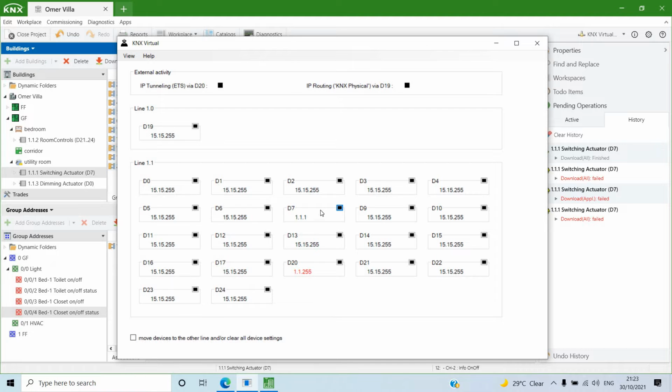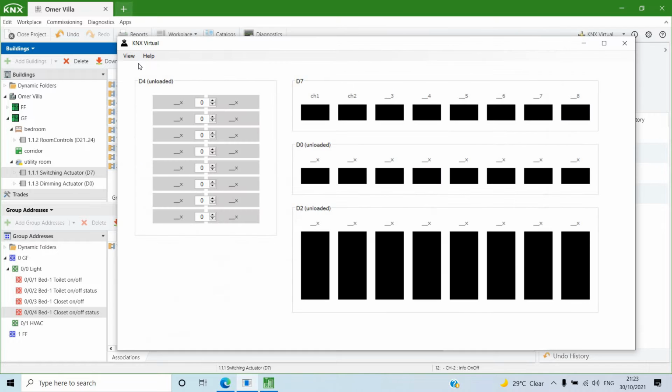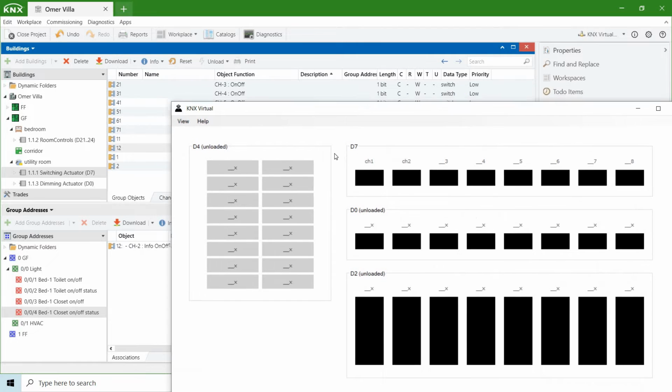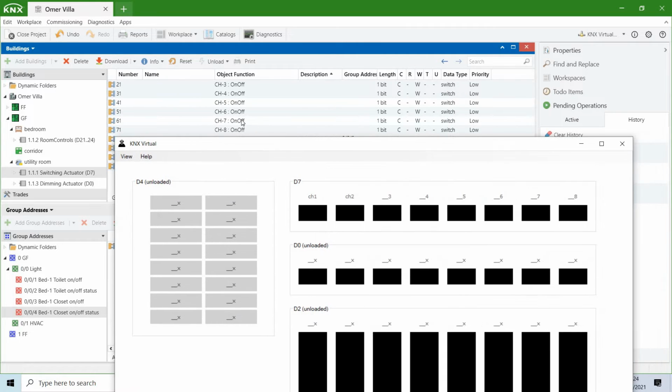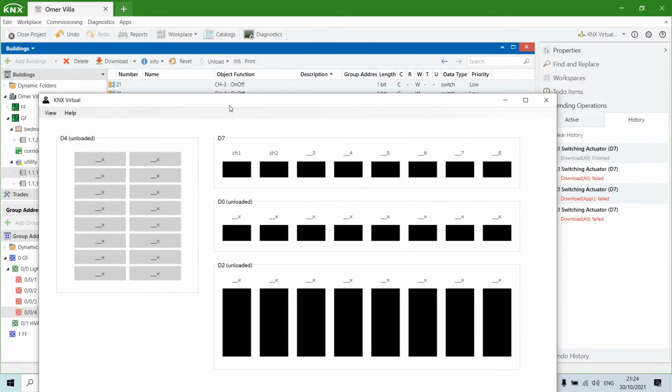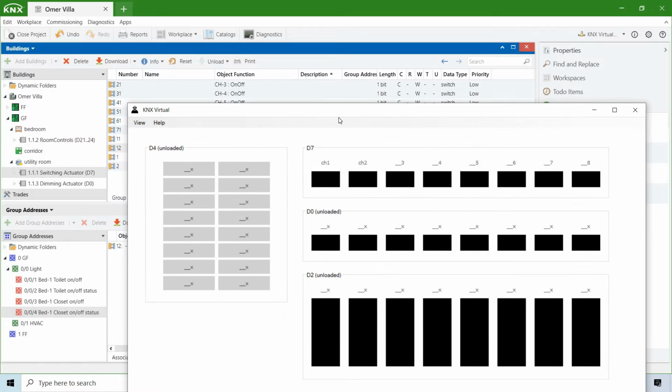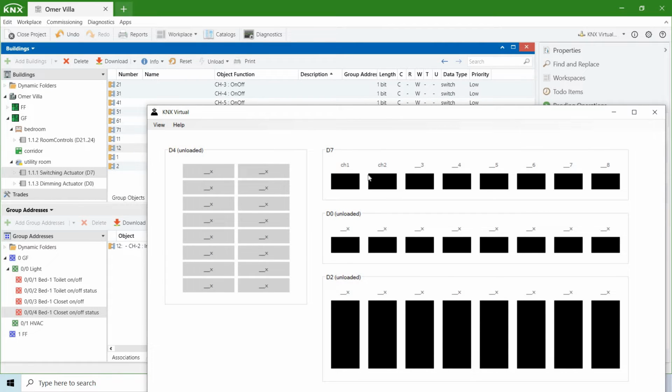So the device is now installed, meaning programmed. You can see your address is matching the same address. If you want to view the device, go to the base. You can see that D7 is already over here. You want to test whether this is working or not working. You want to make sure what we have done now. So basically what we have programmed is 2 channels, channel 1 and channel 2. Channel 1 for the toilet, and channel 2 will be used for the